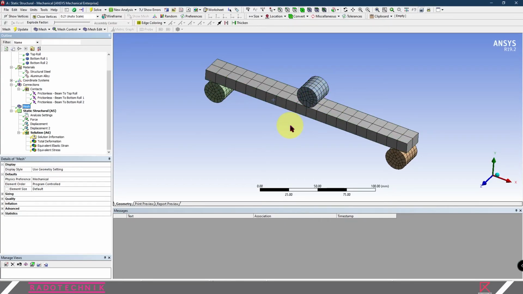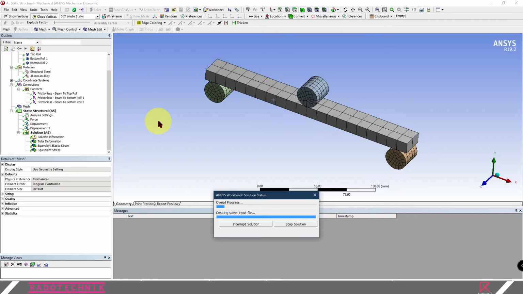It will take a longer time to finish. So I think the size of this mesh is acceptable for this course. After that, just run your simulation by clicking this Solve or press F5 on your keyboard.